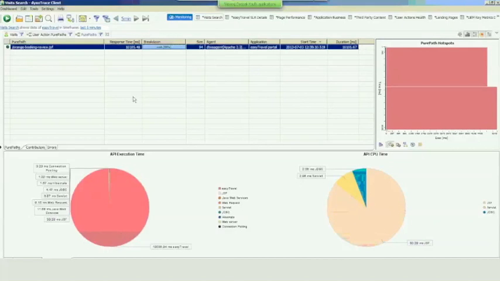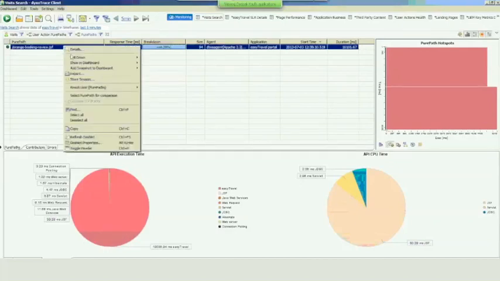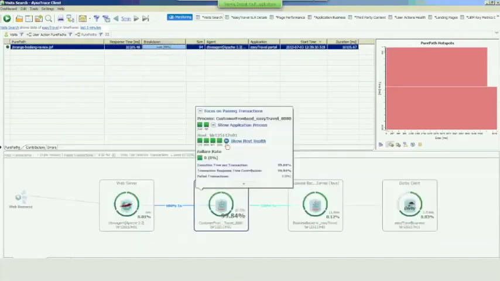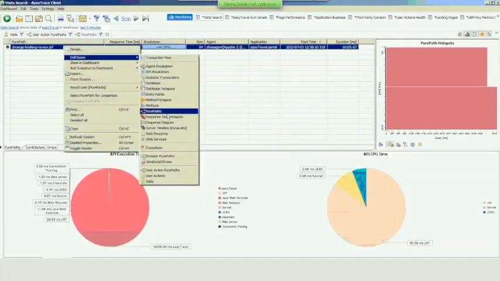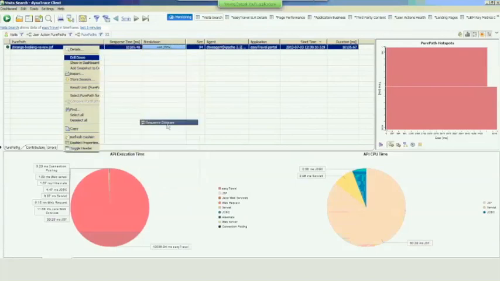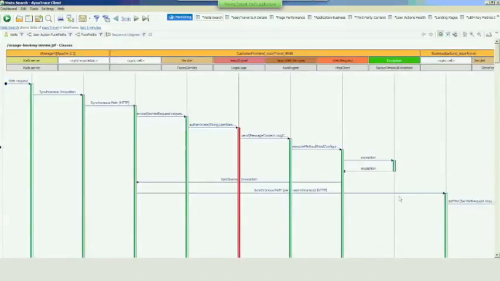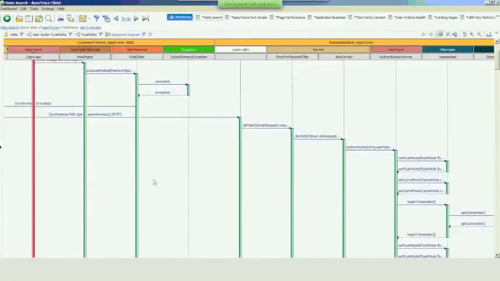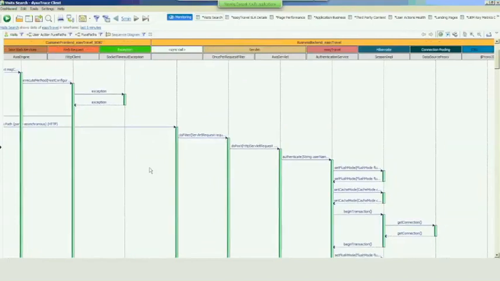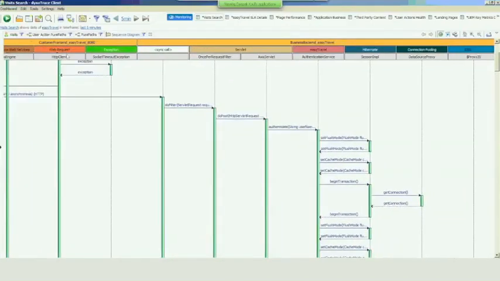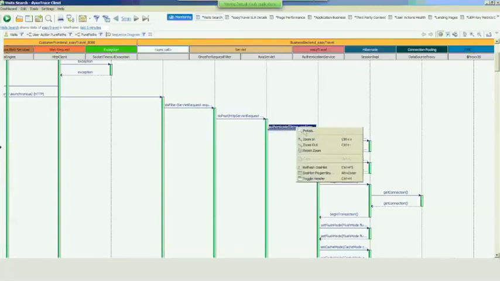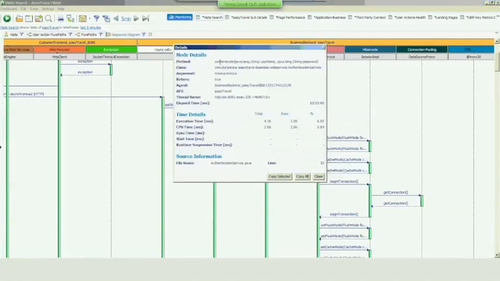For a developer, what is really helpful is that even if he does not understand much of the code, he can simply drill down and look at a sequence diagram, which generates an on-the-fly sequence diagram for the user to see the complete flow of the application, how the entire transaction was performed, or the action of that page, what tier it went to, which class it went to, what servlet was called, what method on that particular class was called, like authenticate here. He can go down to details and look exactly what method was being called, and what arguments were passed.